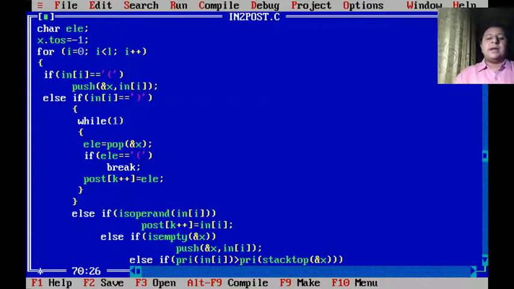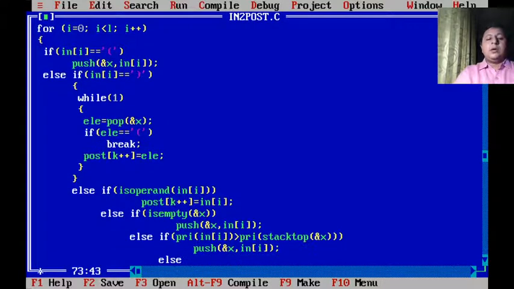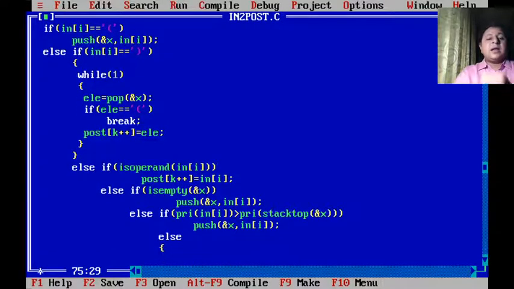So I will compare. If the priority of the incoming operator is greater than the priority of the residing operator, then you know the rule, the incoming operator can be straight away pushed. Else means the incoming operator is not greater than the residing, so the incoming operator is obviously either less or equal.